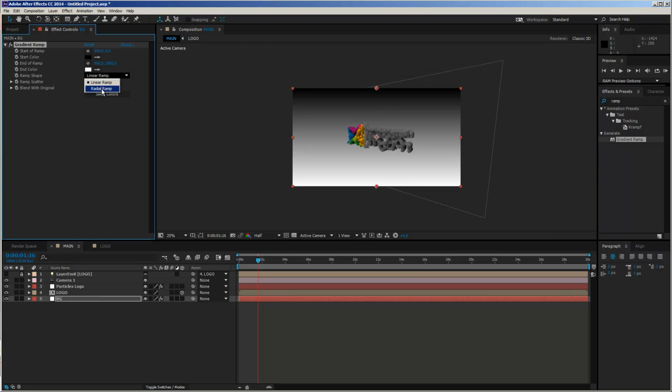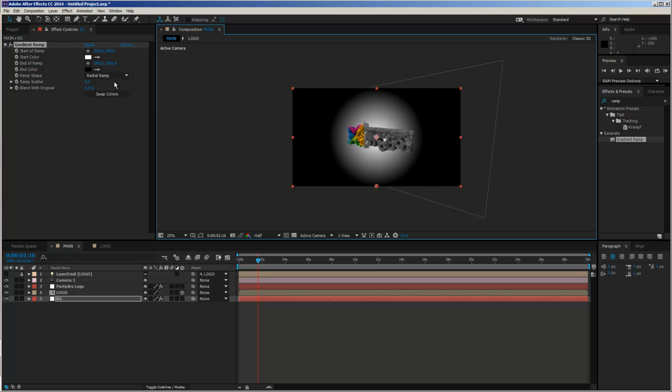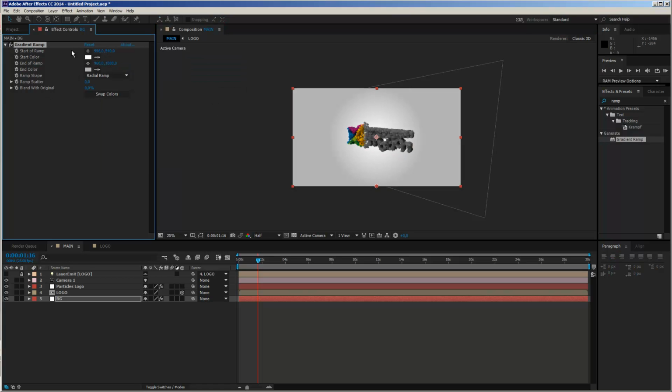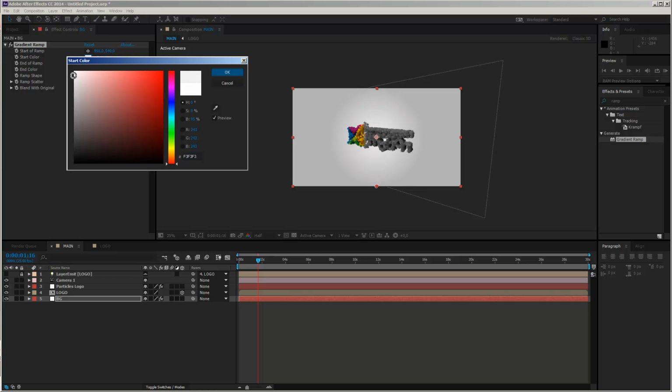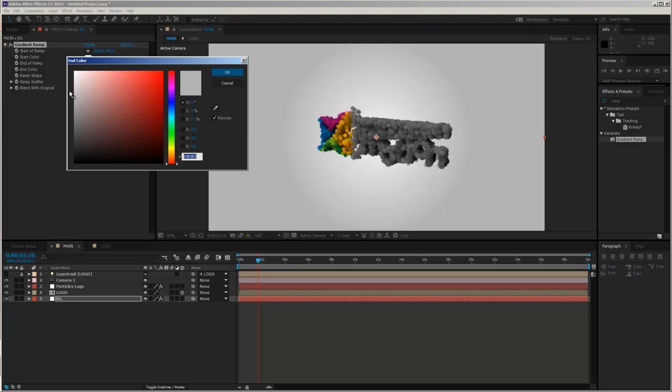In fact, we will take a radial map, we will swap our colors, and this swap colors is not included in every version. So if you're working with CS5, then you probably don't have it, then you have to do it manually. But I just want to create a quick background here. So let's change these colors a bit. Nothing fancy, just something very basic, but it will do. And now you see what we have got here.